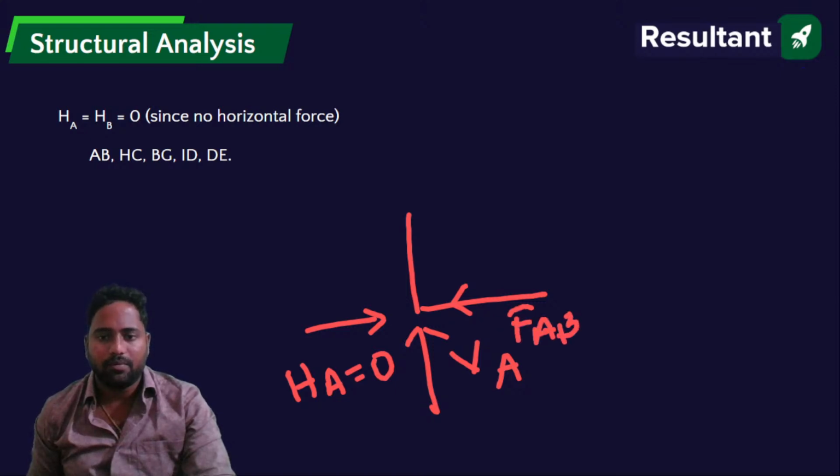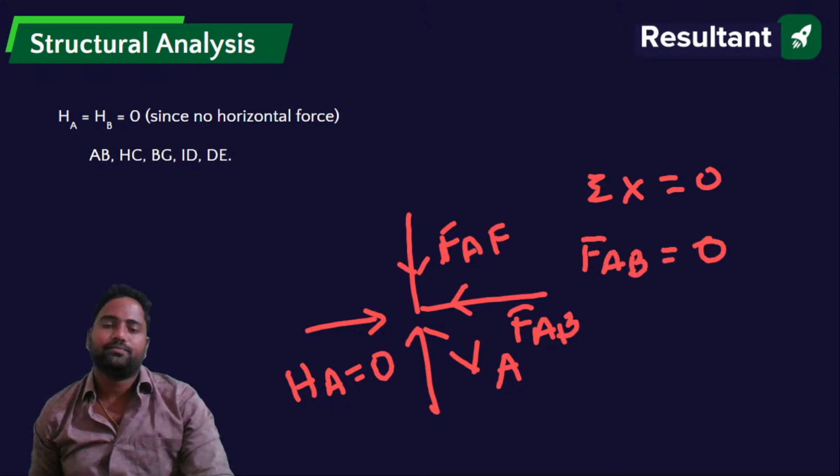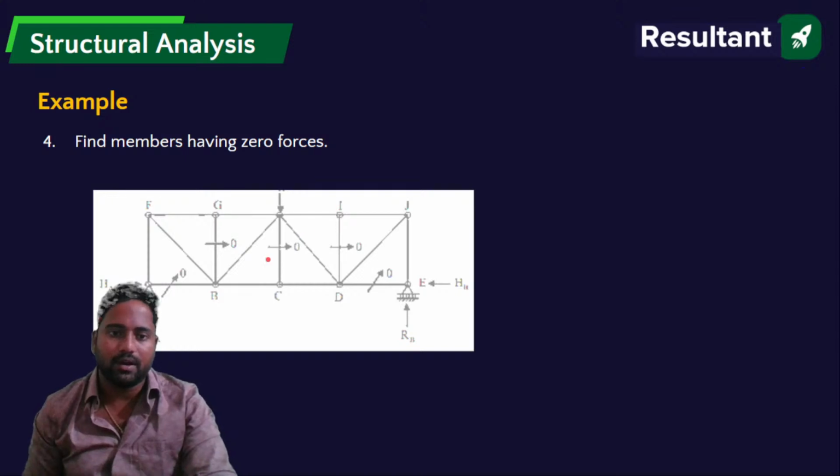FAB and this is AF. If I take summation of forces in x direction equals to 0, I'll get FAB equals to HA, and HA equals to 0. So from this you can write force in AB is 0, force in DE is 0,